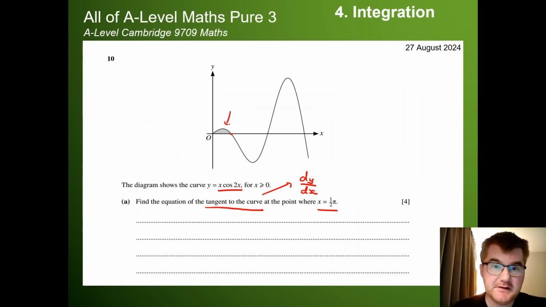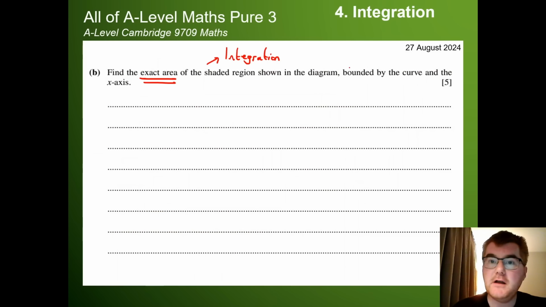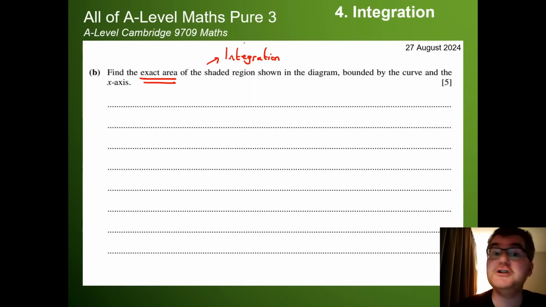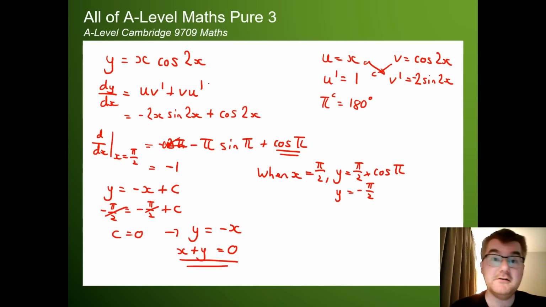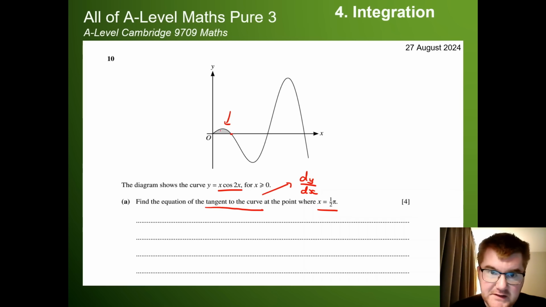Okay, and now we need to find the exact area of this shaded region. So if I go back here, this region down here in the diagram bounded by the curve and the x-axis. Again, as I've labelled here, as soon as we see area shaded region, we know there's going to be some integration. Now, before we can actually do any integration here, notice we're looking for this small area here, and we're going to need to find one of these roots here